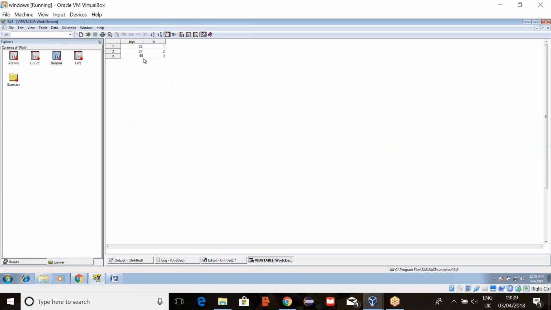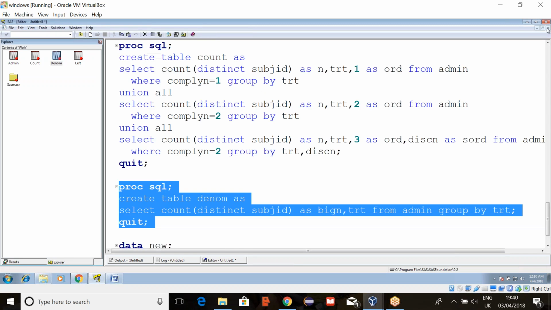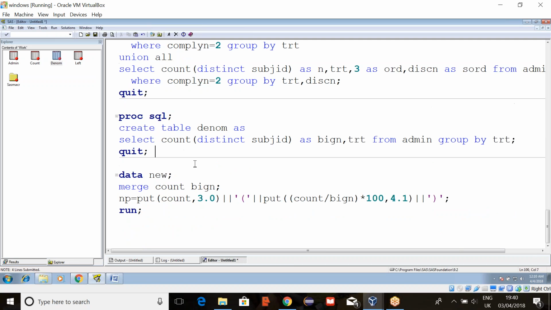See, there are total 60 subjects. In those 60 subjects, 33 have taken treatment 1 and 27 treatment 2. But in these 33, few people have completed the treatment, few have discontinued the treatment. But now we want this one to calculate percentage. Are you getting? So now here, begin is there and merge dataset name is denom and variable is count.